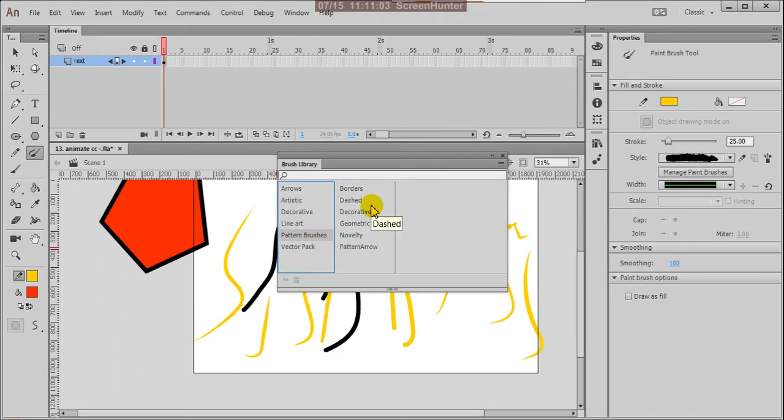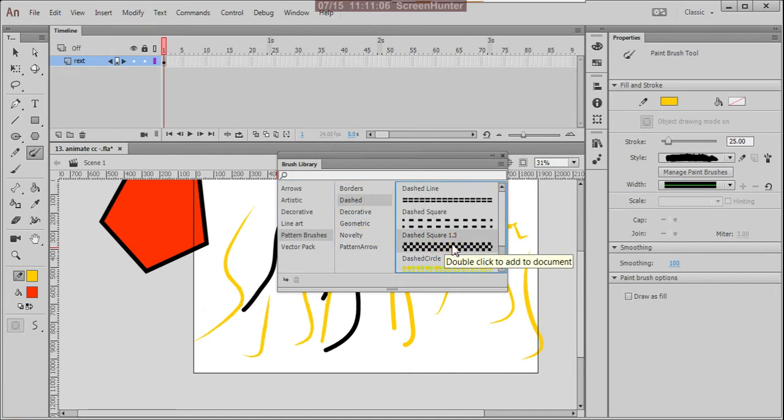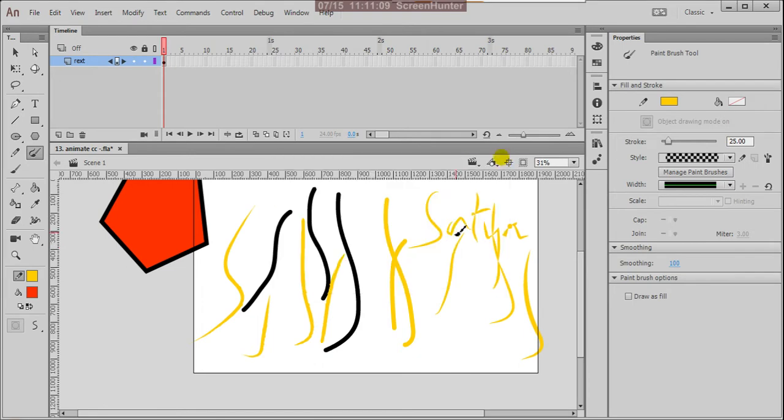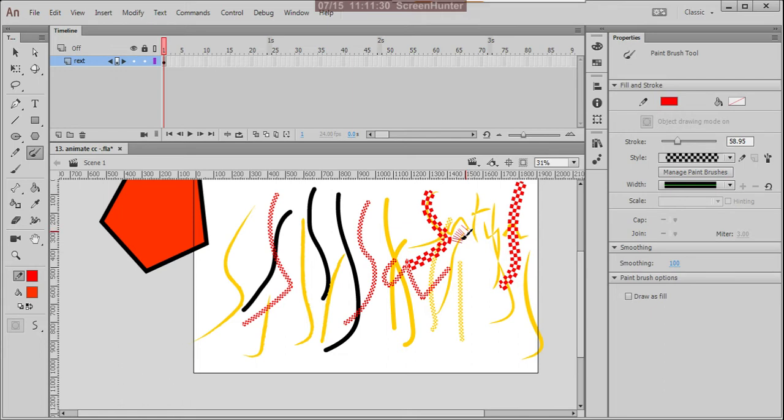Suppose here I'll take a dashed brush, something like this, we add this. See, with this brush you can change the color, then you will understand. See, the brush is nice, beautiful, with some kind of texture. Increase the size so you will understand more. Then here we have smoothing. If you want 100% stroke smoothness, or otherwise a bit of roughness, you can choose.